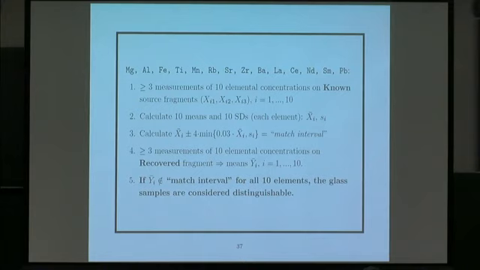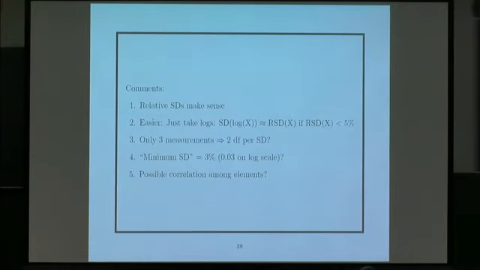And this is their criterion. If the means of these 10 elements in the recovered fragment do not fall into the match interval for all 10 elements, the glass samples are considered distinguishable. So I was trying to figure out if we had any data that would support this method, and so in